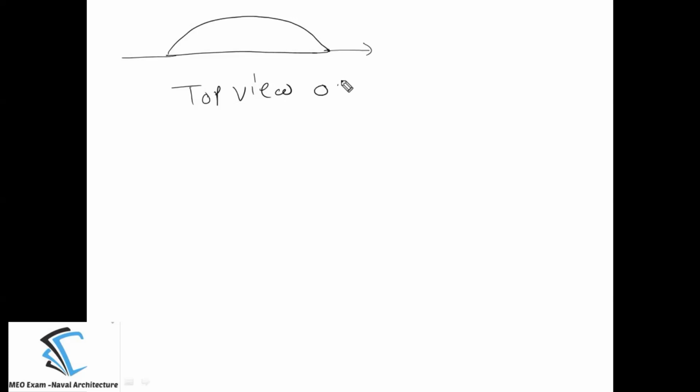Consider that I have one water plane area, so I will take only half the water plane area. This is the top view of one of the water plane areas, and this is the center line of the ship. We know that the ship is symmetric about the center line, so the same mirror image will be there at the bottom. So what I will do now, I will take the three ordinates here,